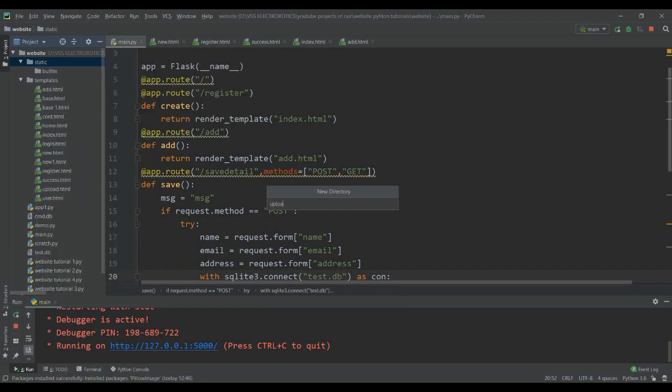This uploads will hold the images which we upload to the website. This built-in is going to be for the background. So first we need to